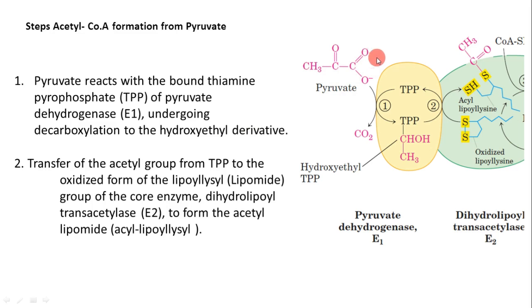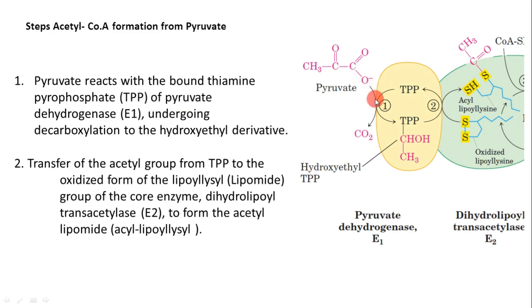This CH3COCOOH or pyruvic acid reacts with the bound thiamine pyrophosphate. This thiamine pyrophosphate is a cofactor for enzyme 1, that is pyruvate dehydrogenase. So it reacts with the thiamine pyrophosphate present in the pyruvate dehydrogenase enzyme or enzyme 1,